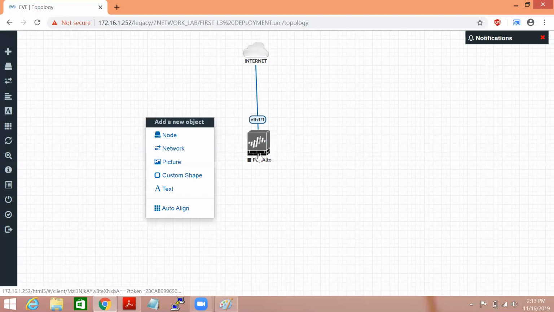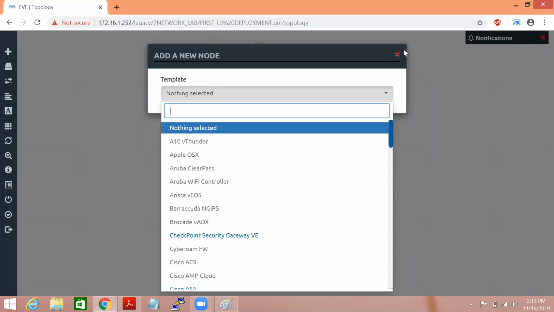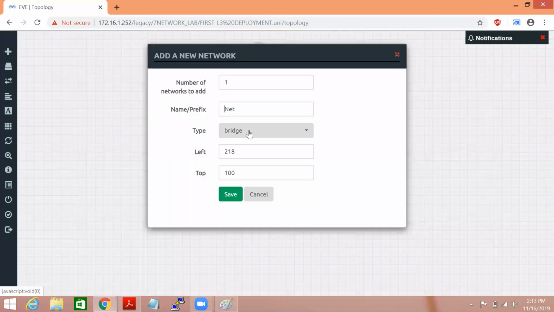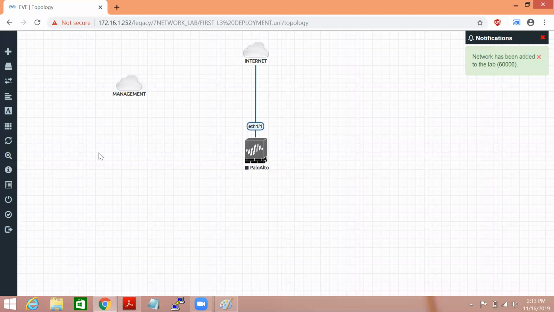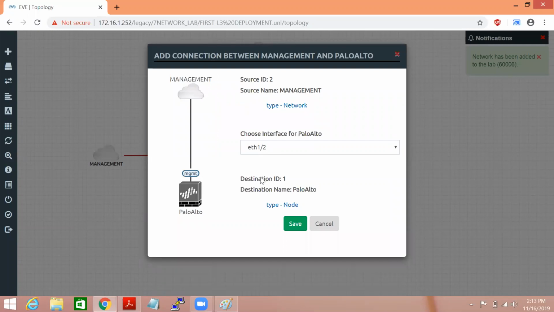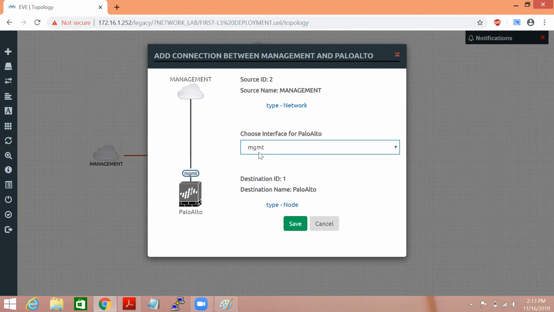And in order to access the management console, meaning to manage the device, we'll have to connect the management port of Palo Alto with management cloud, which is cloud 0. It is also my physical interface. So I'll just mention here management. So it just becomes management, and here we'll have to connect with only the management port of Palo Alto. Otherwise you won't get access. You have to be very careful. In order to access your Palo Alto device, you always have to connect with this management port. Otherwise you won't be able to access. So just say okay.